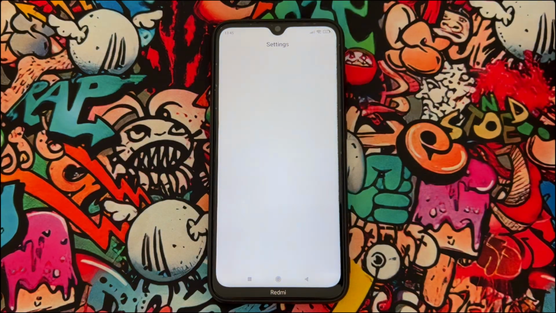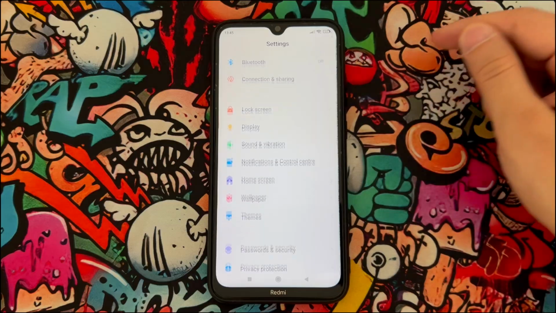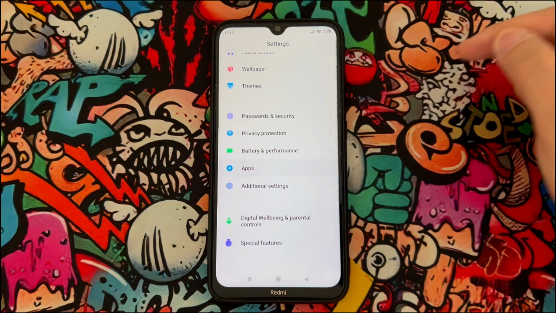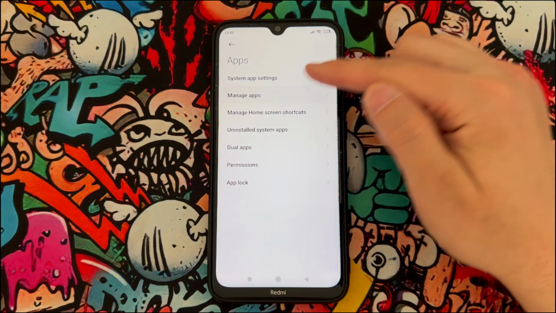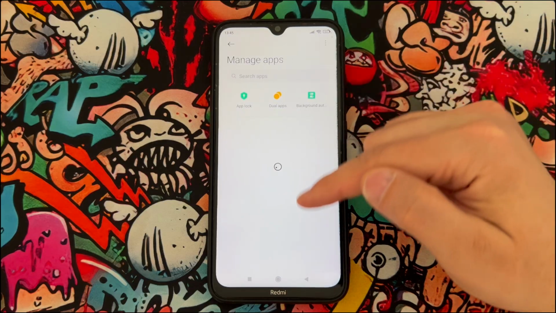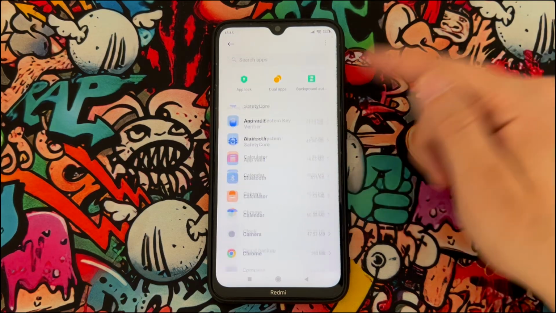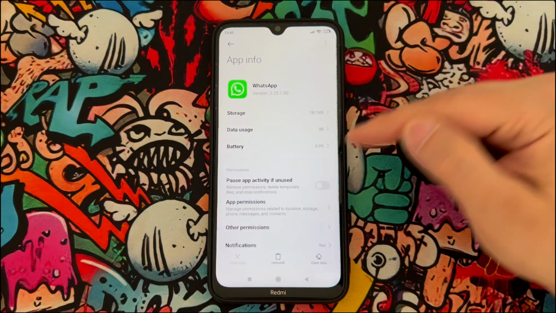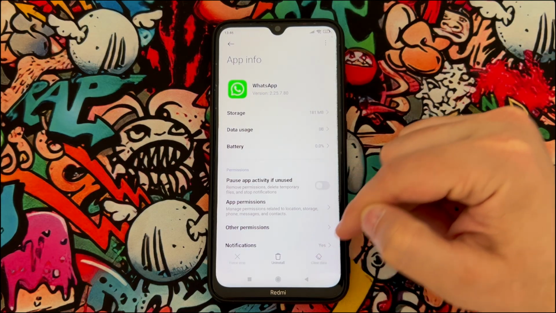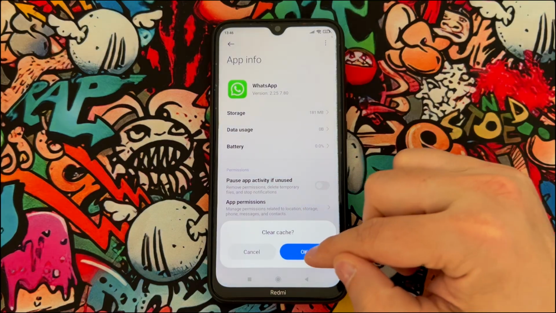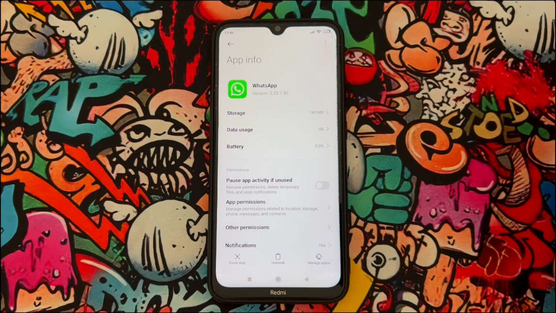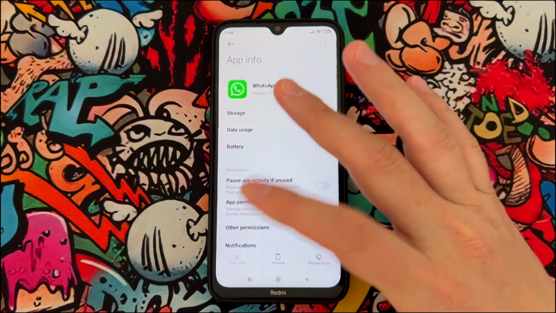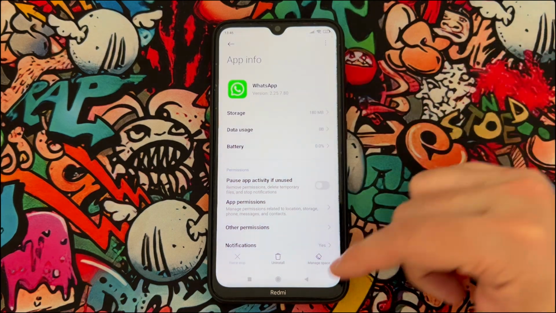After that, you're going to find the apps. Let me find the apps, and here I got it. Then tap on manage apps. Then you have to find WhatsApp from this list. So let's go ahead and find it. Once I got WhatsApp, just tap to open, tap over here, tap again, and you can see it's going to clear the cache. And after that, you're going to force stop your WhatsApp, and retry to verify your phone number